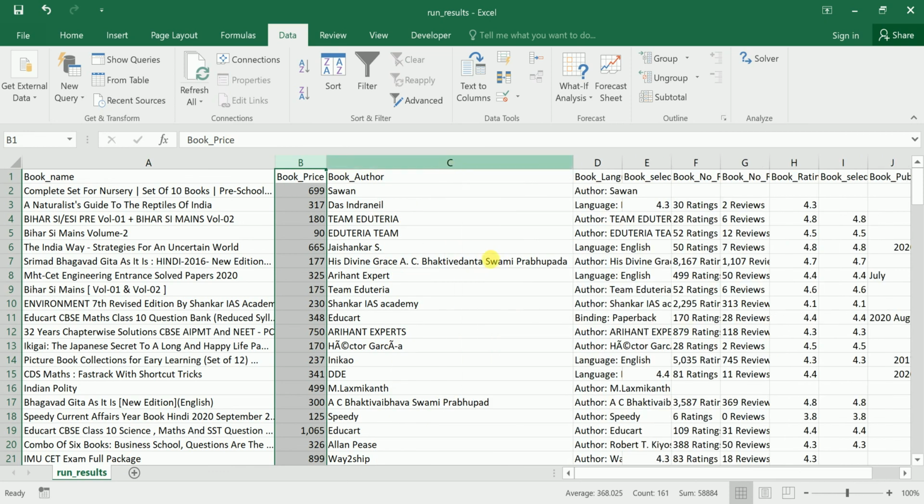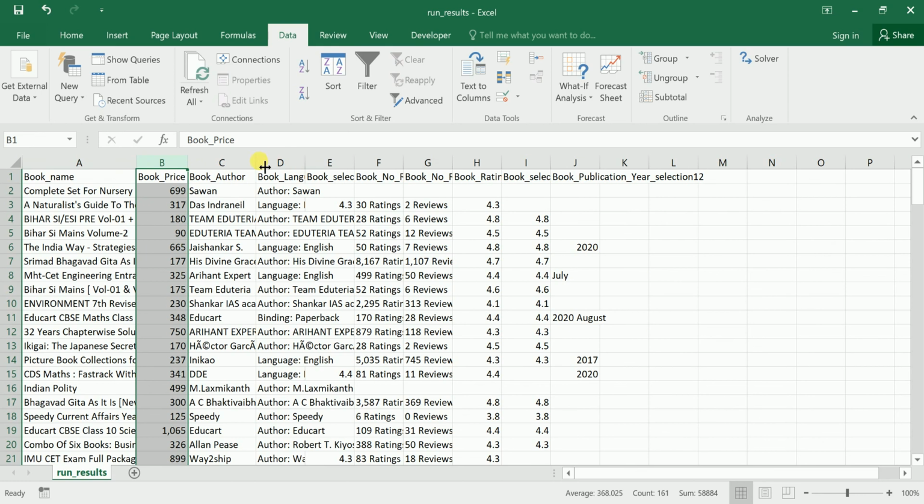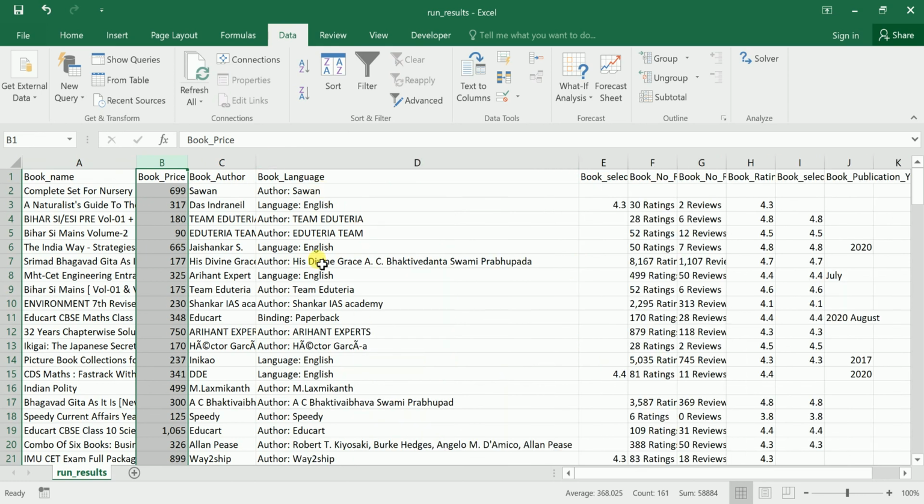So this is fine. This language is fine. Even you can clean up this based on the author or language, whatever you want.